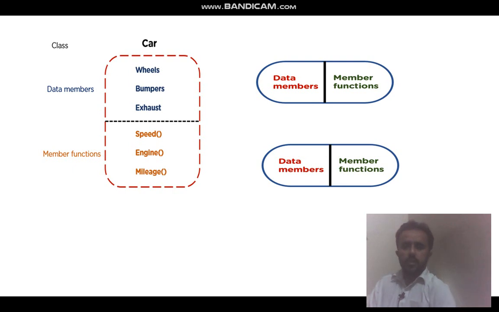So here I am showing you a class which has some wheels, bumpers, exhaust. On the right side, you are looking at something like a capsule. Here the data members are in red color, and the member functions are in green color. Actually, here I want to show you that the data members are hidden from the outside world, and these data members can be accessed by these member functions because these are the data members of the